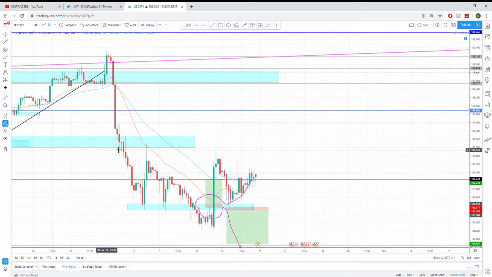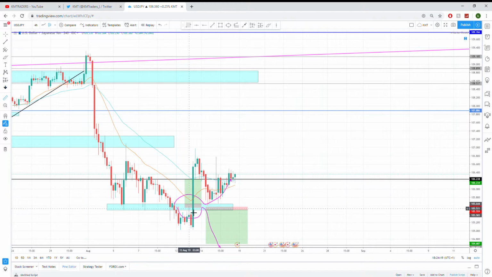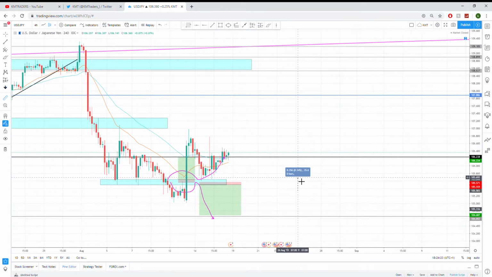So yeah, look, we're still stuck in this consolidation area. No real proper moves here. We didn't manage to get into this trade for USDJPY, just because it's not exactly trending in such a manner. So we've stepped out of USDJPY, but for whatever reason, we managed to get the break to the upside,